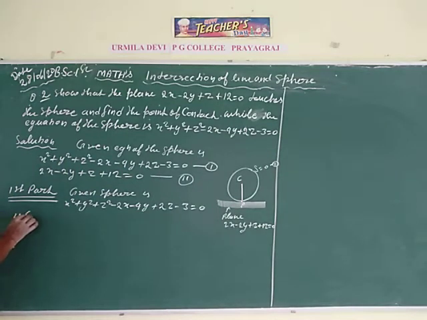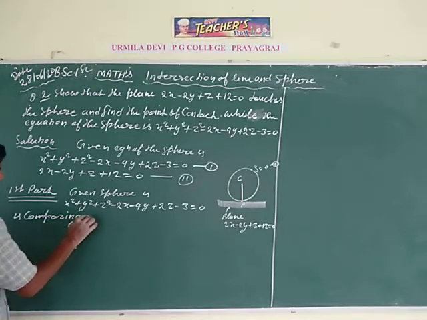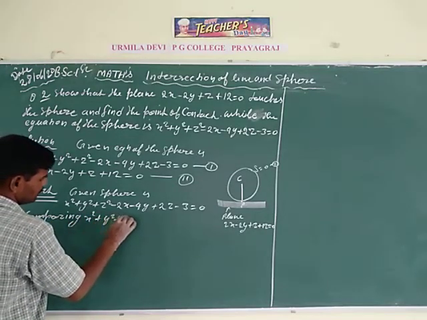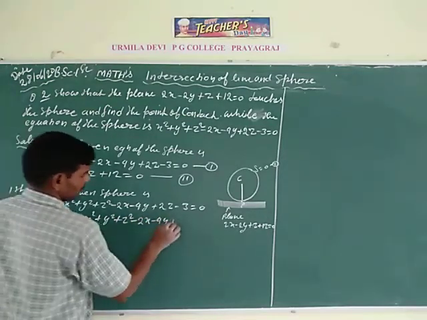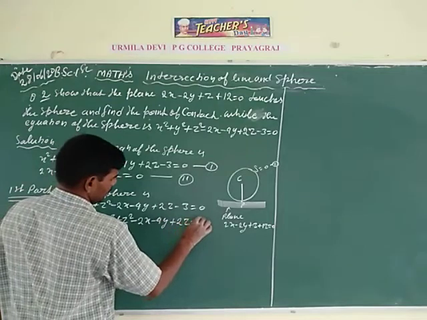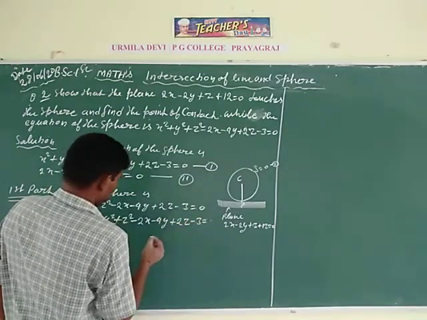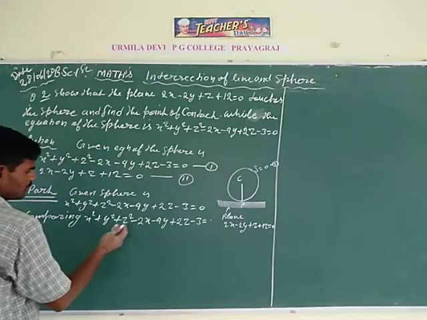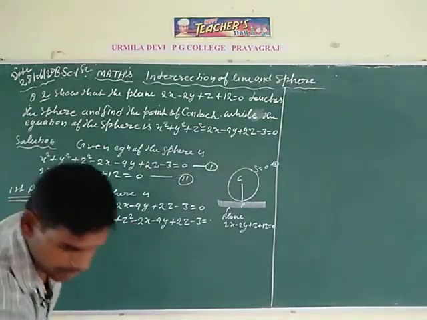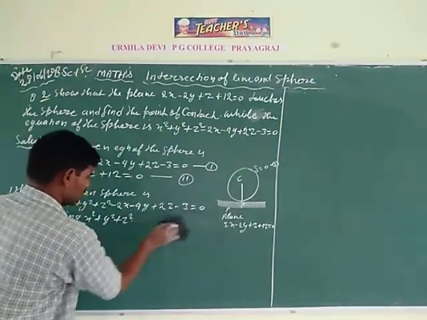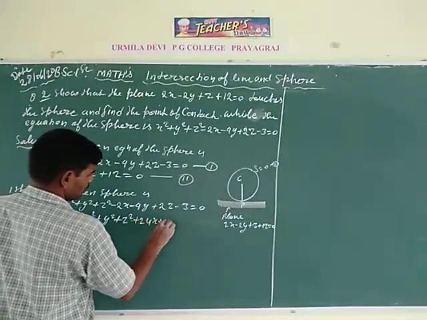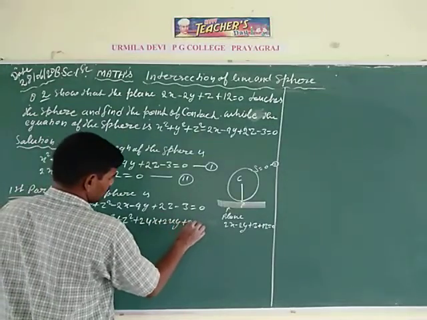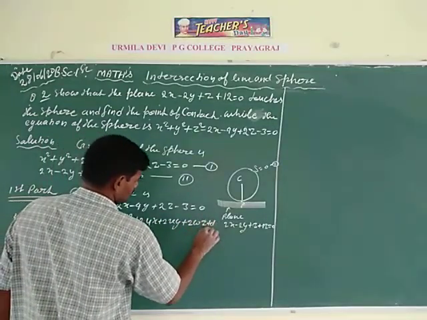Comparing with the general equation of the sphere, x square plus y square plus z square plus 2ux plus 2vy plus 2wz plus d is equal to 0,